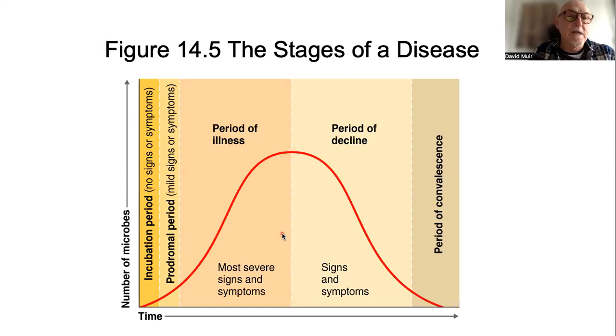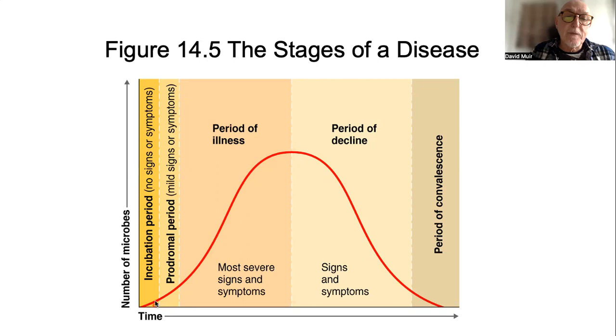Some of you have seen this slide. Okay, so let's have a look. We're going to start off right here where infection first occurs. And obviously, this is something like our bacterial growth curves, because we're going to start off with very few organisms. If they start growing and multiplying, and if they establish a foothold, if the immune system and other protective measures don't get them first, and they are able to establish a growing population, then we enter what is called